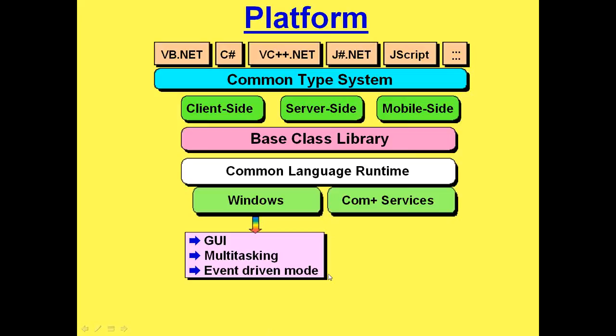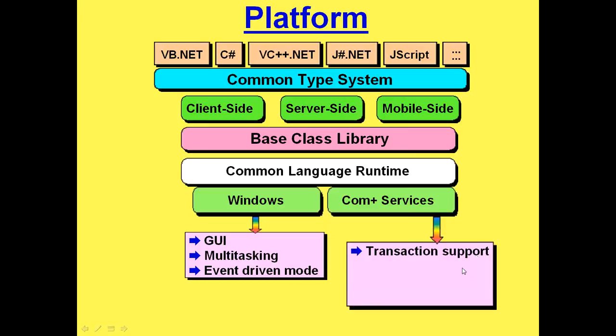So we are going for Windows because of the GUI, multitasking facility, and event-driven model. Using other platforms is also possible, but for those we need to work on a different type of server, which is not allowed here. That is the reason we are going for Windows. Clear?